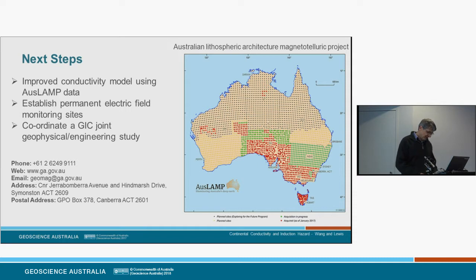Now, our model was coarse, low spatial resolution, derived from a sparse network of GDS data with a slow sampling rate. But GA is currently involved in a far more detailed magnetotelluric survey, where long period MT data are going to be collected at almost 3,000 sites in a rolling survey across the continent with about a 50 kilometre grid size. And the image there shows the proposed, in progress and completed sites in that AusLAMP survey. So once those data are available, a far more detailed conductivity model will follow, and will provide much more information on the geological structure, and will also advance induction hazard studies.